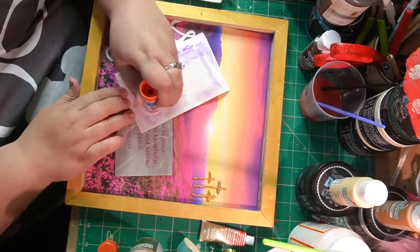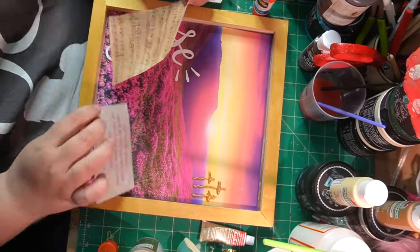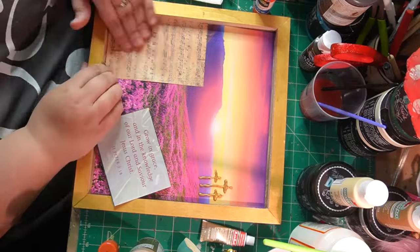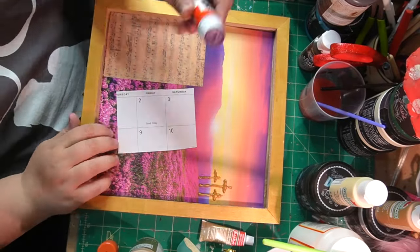See if I can kind of read it. I do show it in the final reveal a little bit better. Grow in grace and in the